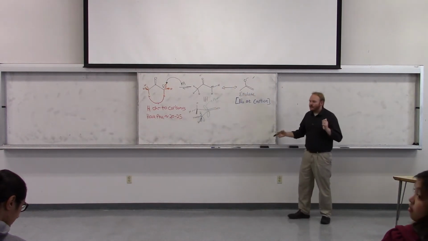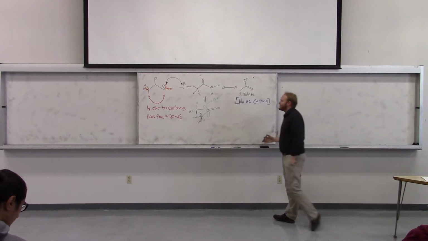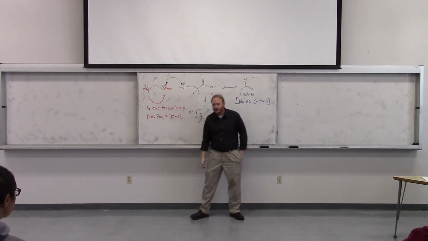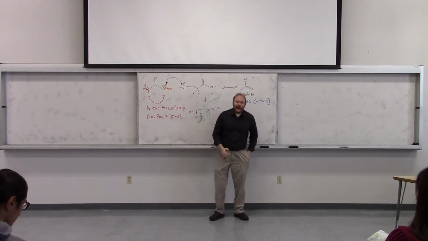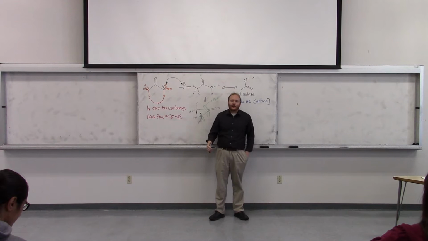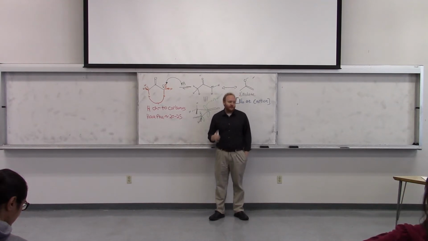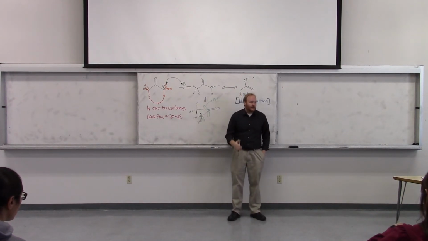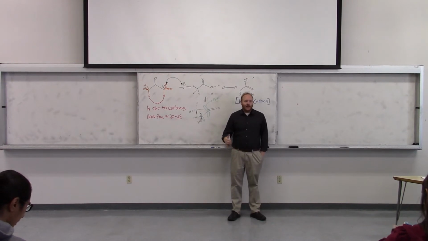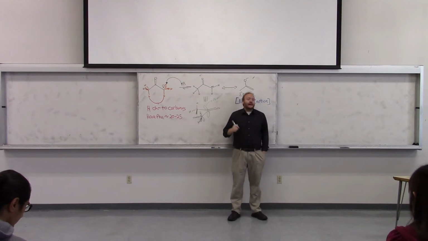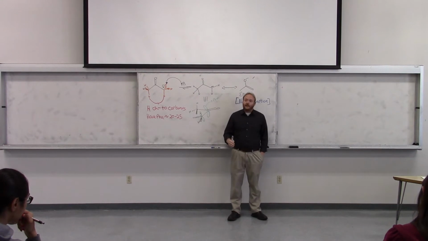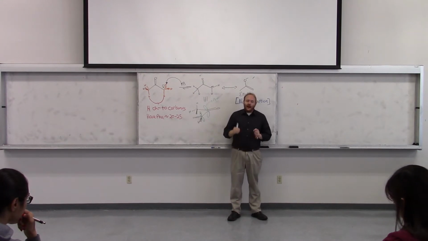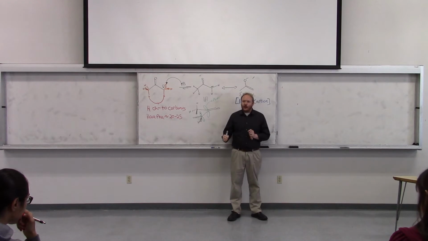So at the end of class on Monday, we talked about hydrogens adjacent to carbonyls. In general, what we're going to learn today is true for any hydrogen adjacent to any electron withdrawing group. So we're going to focus on carbonyls, as the book does for chapters 18 and 19. But I can't stress enough that any electron withdrawing group, like nitro groups or nitriles, are going to behave very similarly. So if you have a hydrogen on a carbon adjacent to an electron withdrawing group, it's going to be